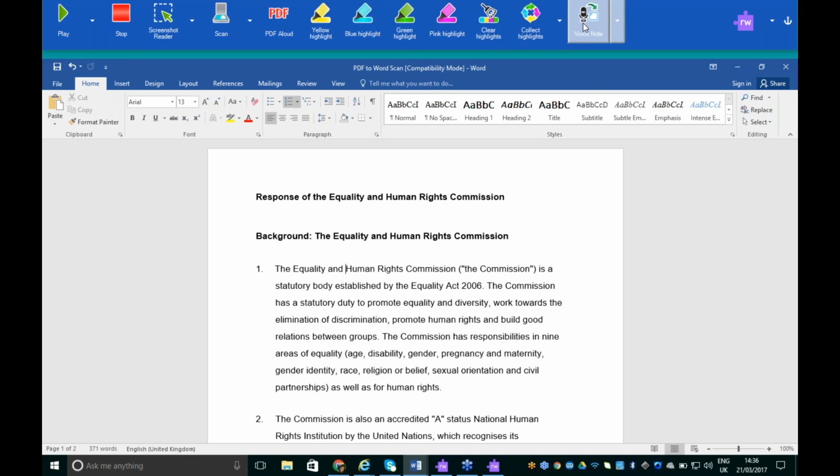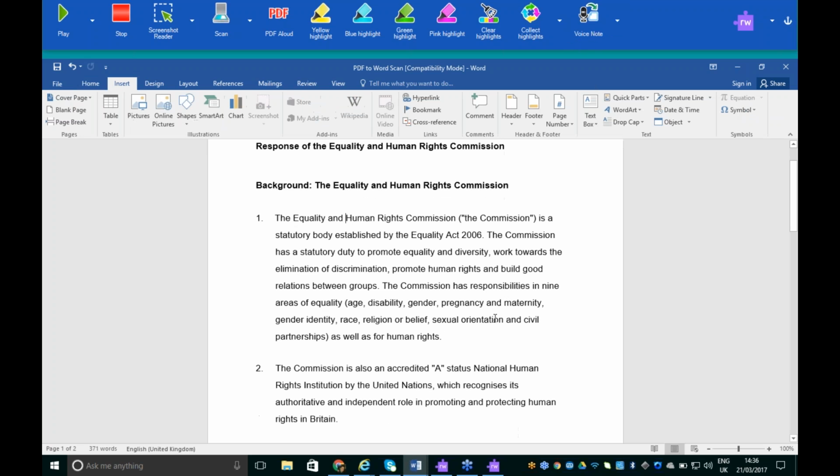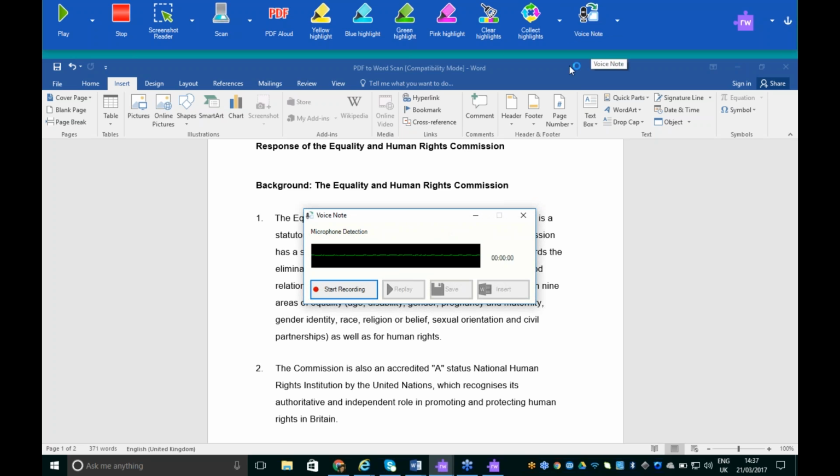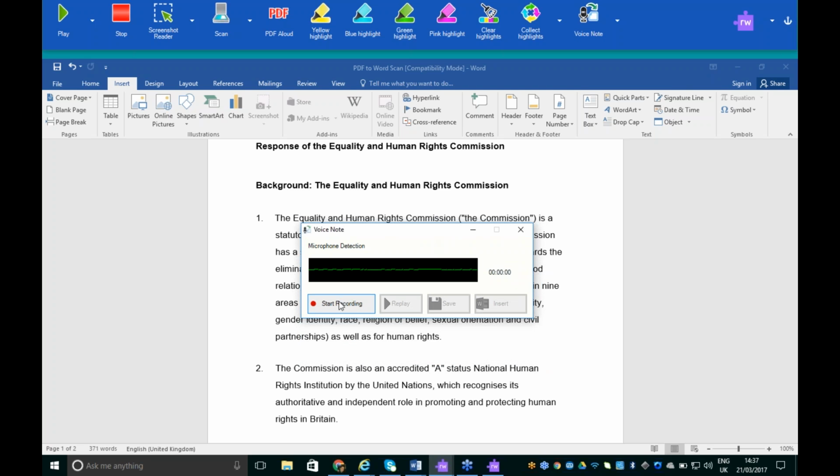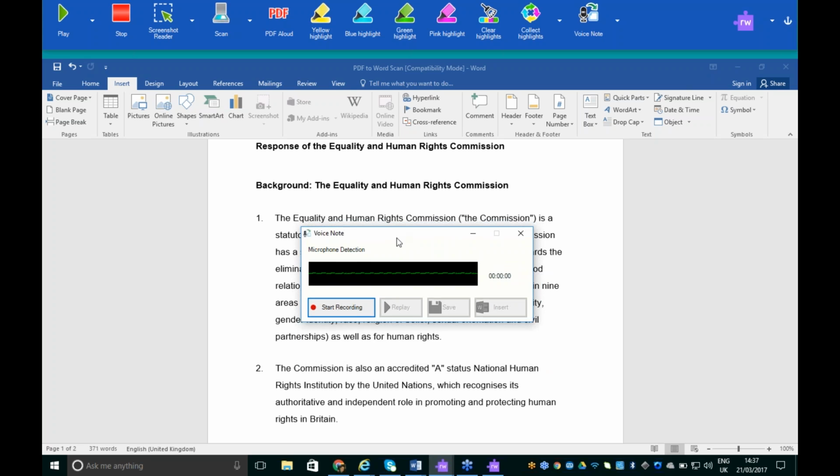So at the end of the first section of this judicial review, I can click on the area where I want to add my voice note. I'll then click on the voice note icon, and you can see there the microphone's being detected. My voice is being detected by the microphone. As you can see, that green line is currently moving. When I'm ready to start recording, I click on Start Recording, and if it was, for example, a student wanting to put in a reminder,